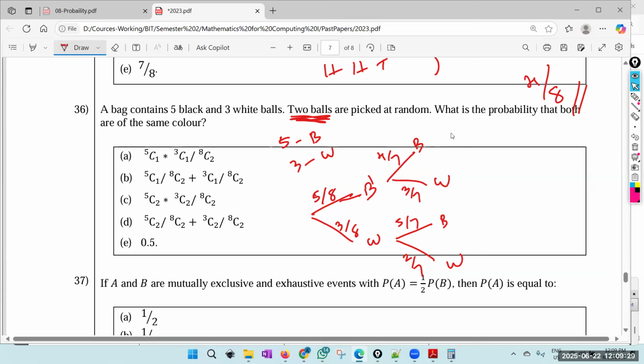Right, both the same means the black situation and the white situation. So these can be added. So that is 5 divided by 8 into 4 divided by 7 plus 3 divided by 8 into 2 divided by 7. 20 out of,